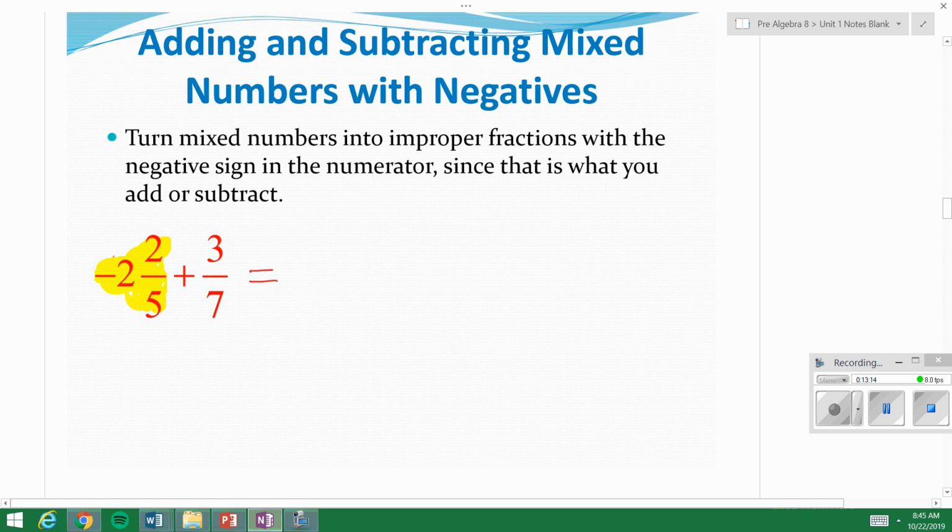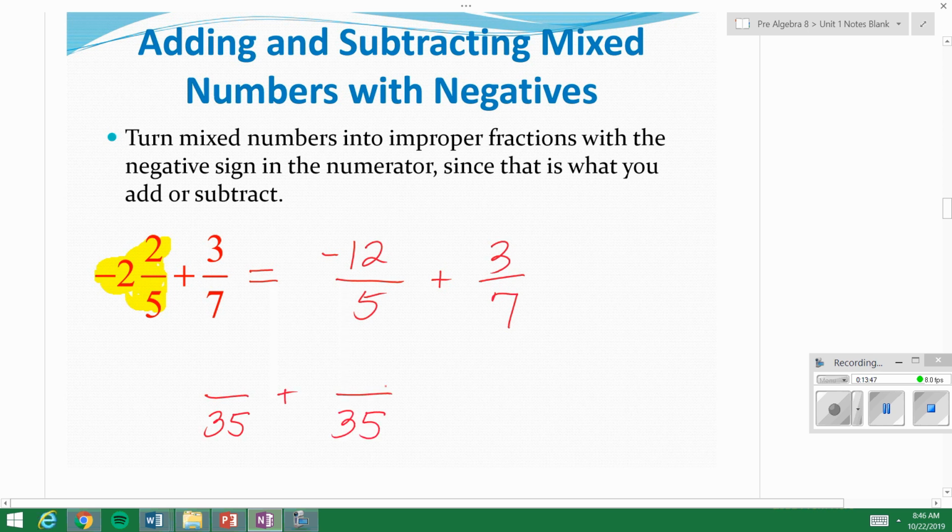an improper fraction. Well, 2 times 5 is 10, plus the extra 2 is 12. But remember, this note says to take that negative sign and put it up in the numerator as well. So I have negative 12/5 plus 3/7. Okay? Well, great, except for the fact that these do not have a common denominator. I'm going to need to achieve that common denominator of 35. So this is going to be a 35ths